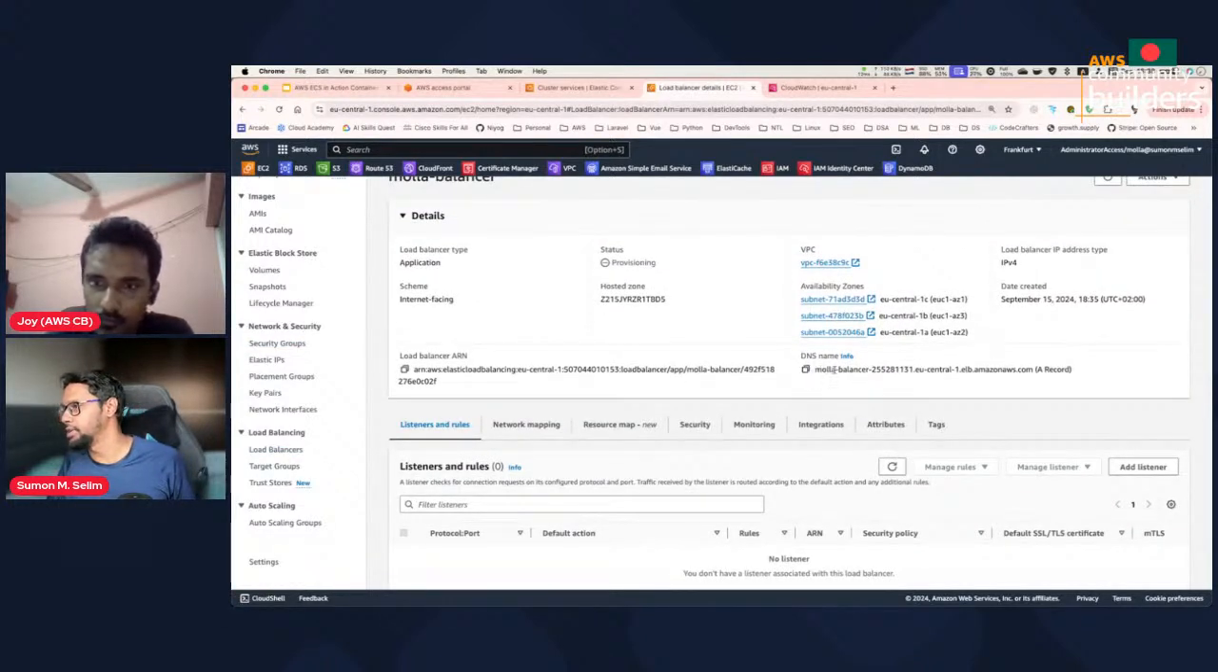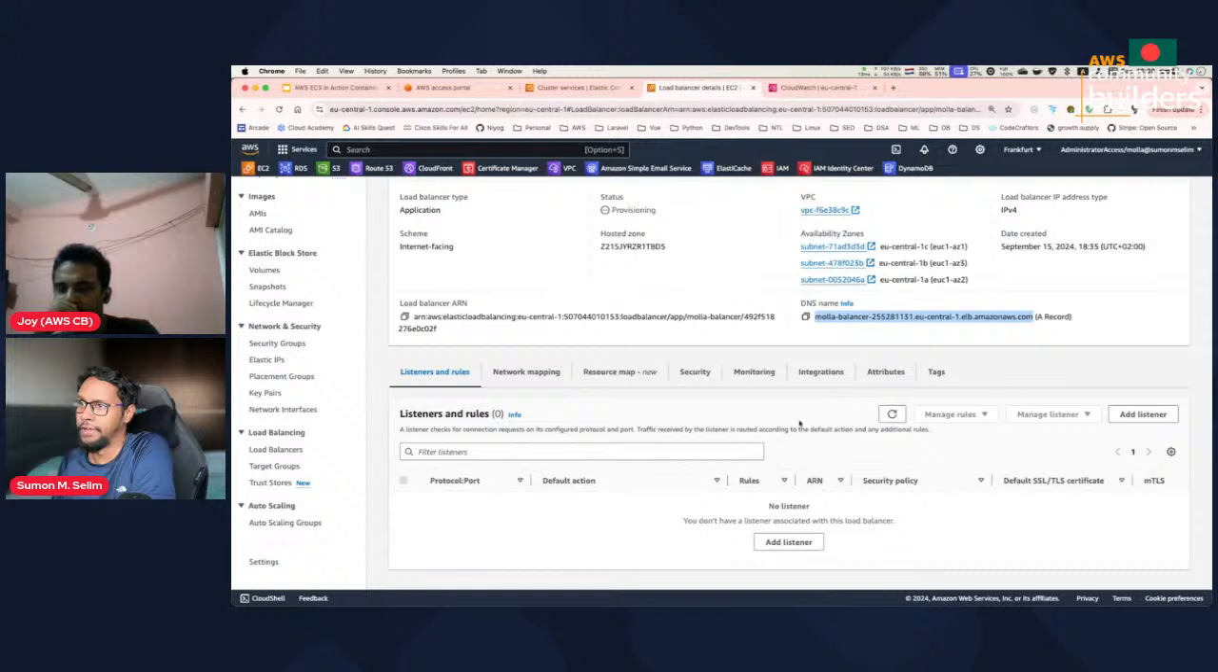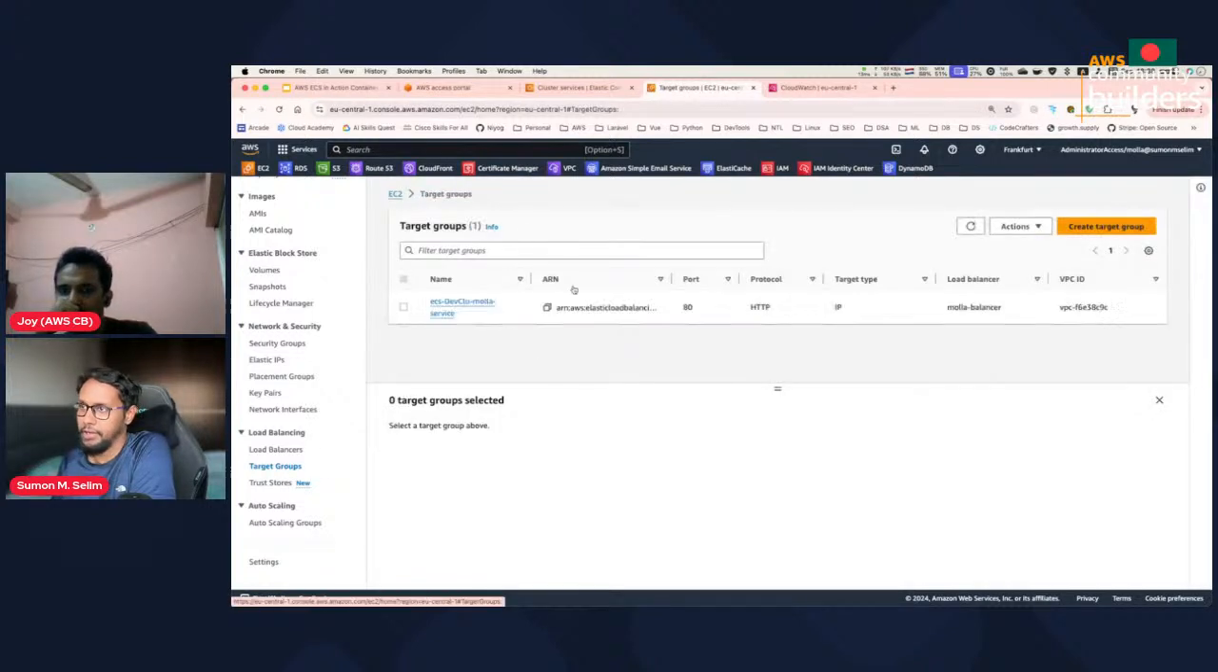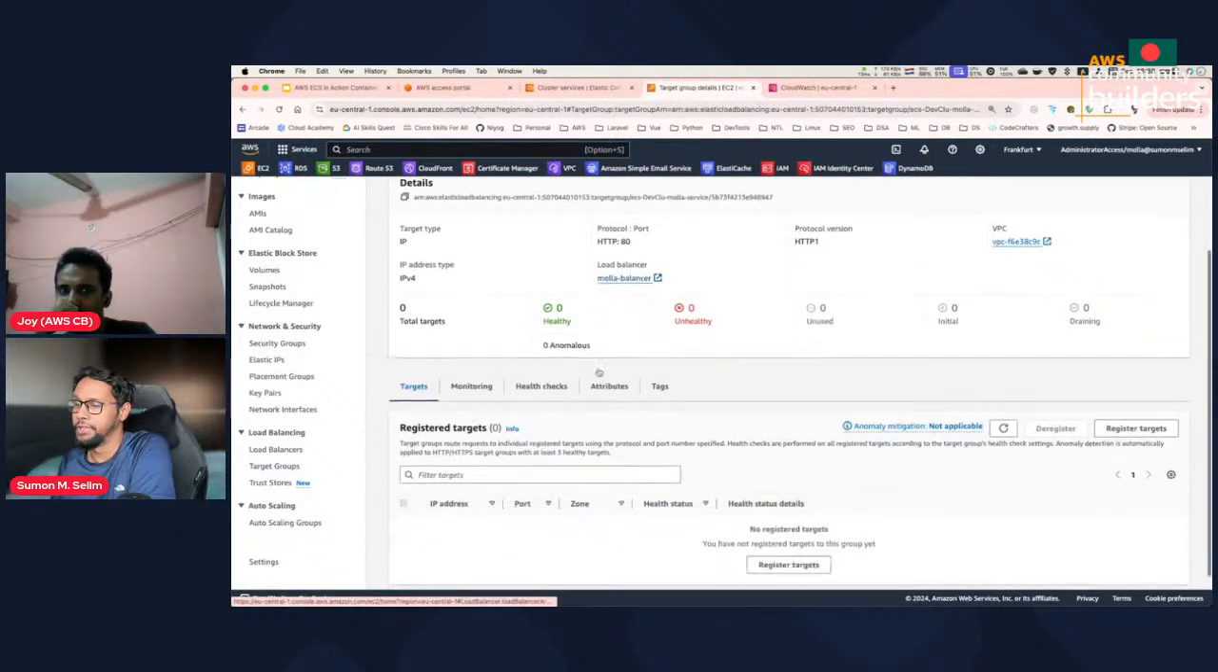Yeah, this one, I think. We'll see if we can use the DNS name when we try to access it, and whether it works or not. It's still provisioning, so let's wait and see. The load balancer will now forward the traffic to the target group, and the target group is